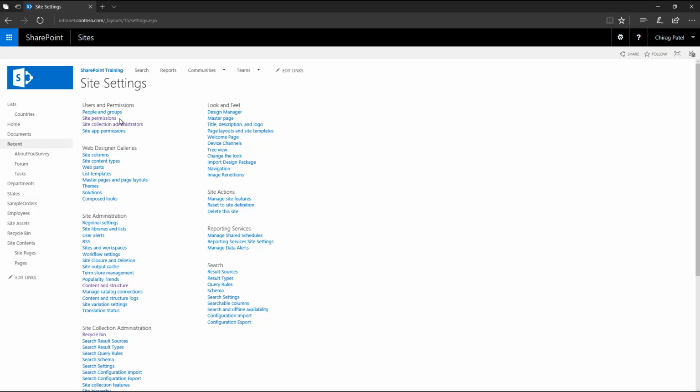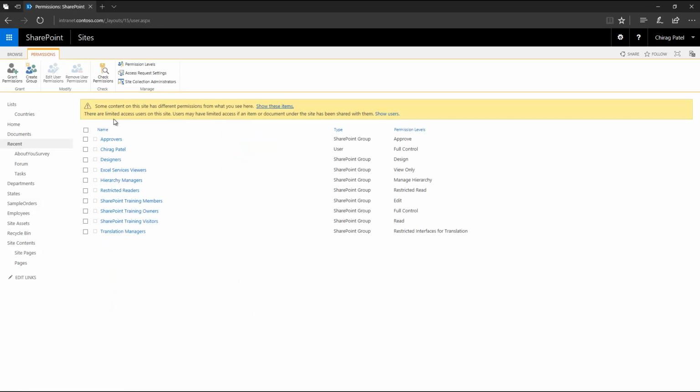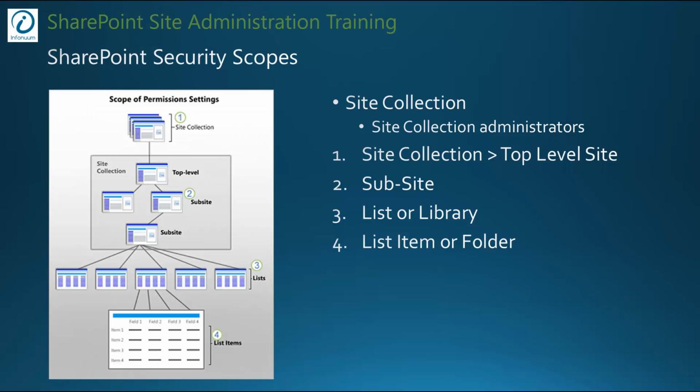If I also click another link here, site permissions, I see that there are some groups already created, and I have some permission levels here. Basically, a SharePoint group is just a logical grouping of one or more users. But what is this term called permission level? To understand that,